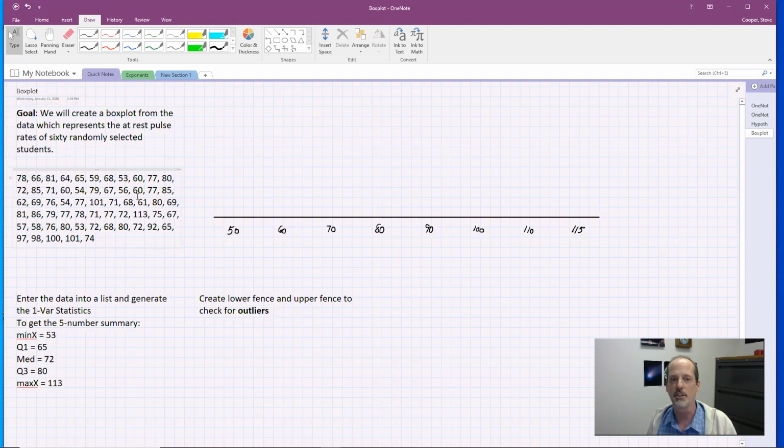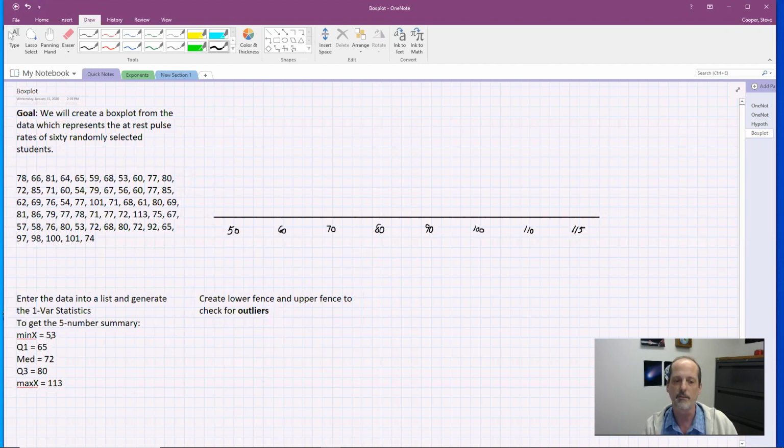calculator, we're going to need to generate the one variable statistics because you need the 5-number summary to create the box plot. And then on the side here, we're going to use the algorithm to calculate outliers using the lower fence and upper fence. Okay, so let's assume that you've entered all this data into a list and you've run the 1-var statistics. And if you do so, you should come up with the same values I've got for your